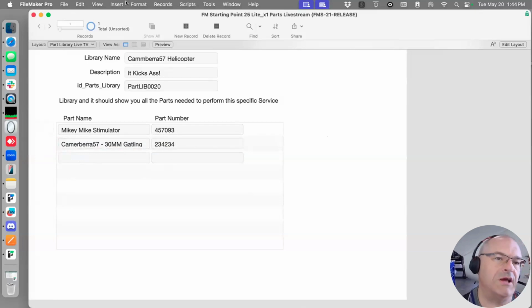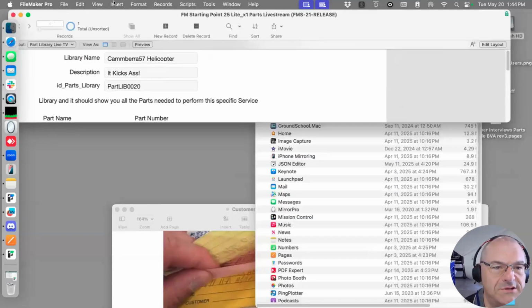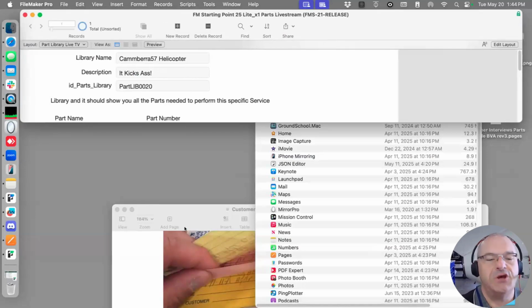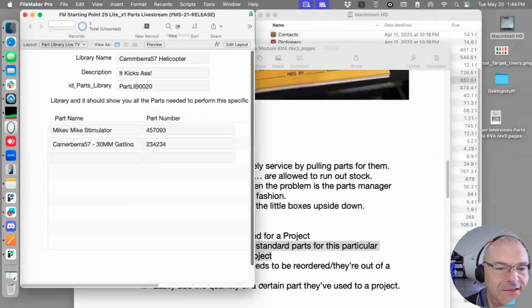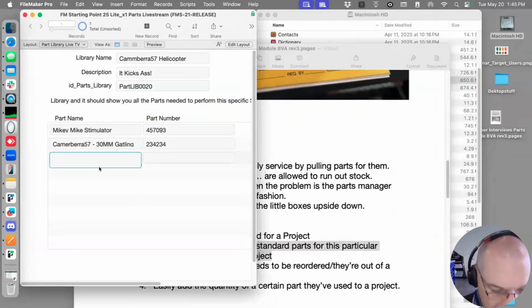Okay, so it's such an important concept here. And I know we're off in the weeds a little bit, but this is so essential. First off, you get the information from the customer. The customer wants to add individual line items, and then they want you to load a whole wad of stuff, right? And so you have to have the area. We have Mikey Mike, we have Larry, the Marine,